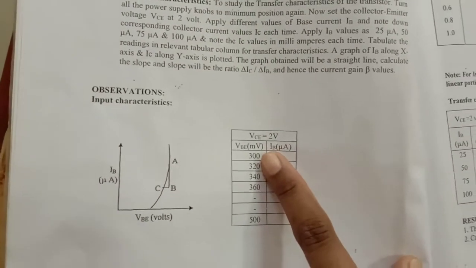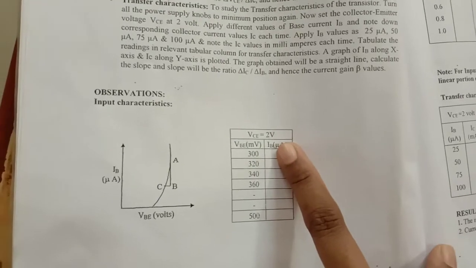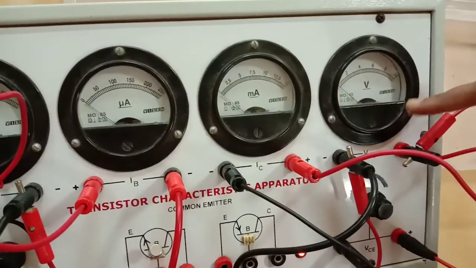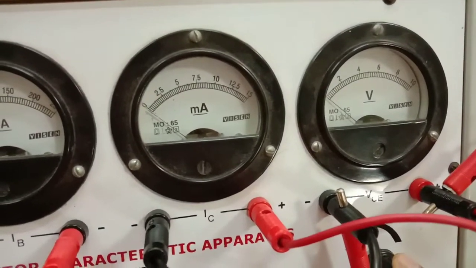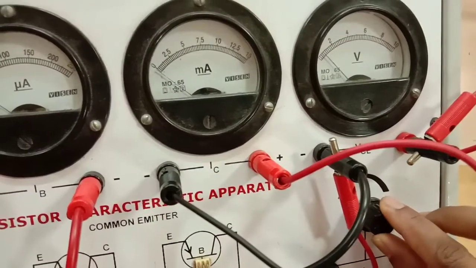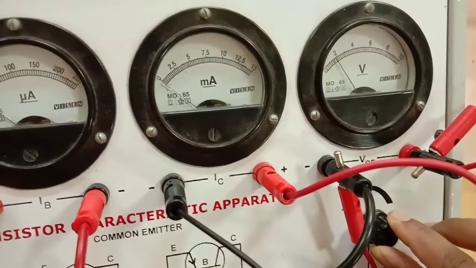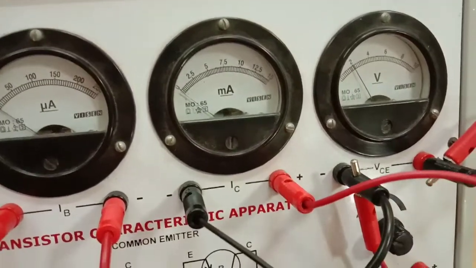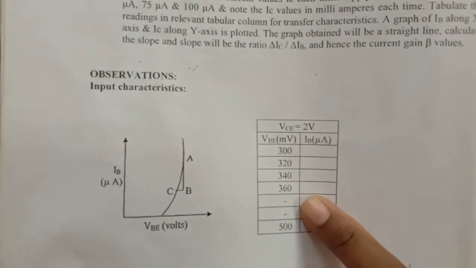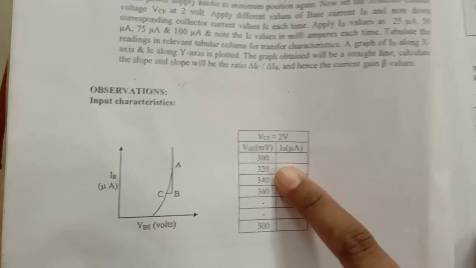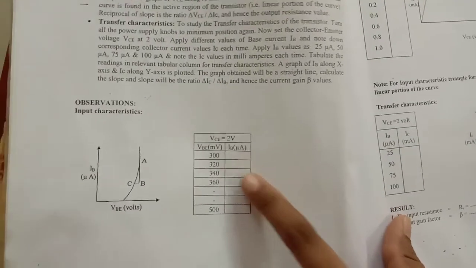What it tells you basically is you have to keep your VCE constant, say 2 volts. So here is the VCE connection. This is a voltmeter we are using in order to vary the voltage at the output side. This is a potentiometer. I am varying this in order to get 2 volts here. Once it has been set as 2 volts, you look at the tabular column again, and you have to vary the VBE. How do you vary it? First you must understand the least count of these meters, otherwise you cannot keep the value directly.